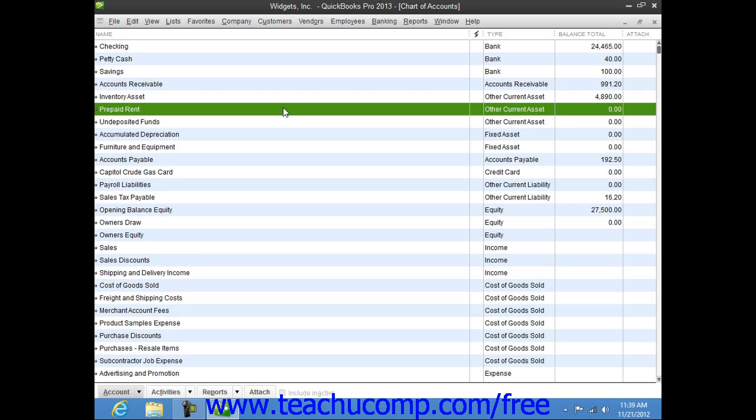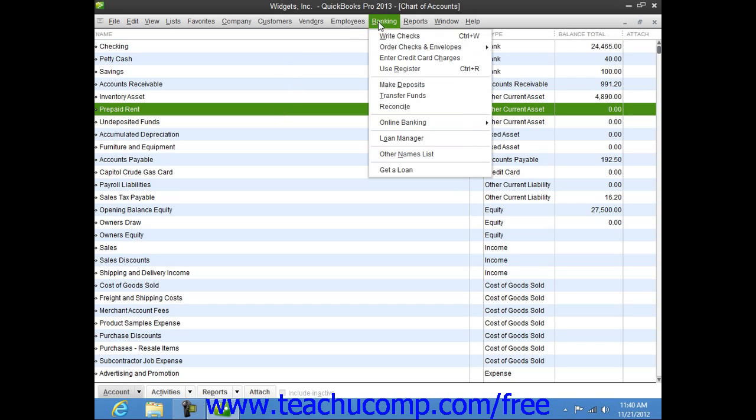So you would not want to simply write a check for the next 6 months' worth of rent and then attribute the entire amount to the rent expense account for the month in which you wrote the check, as that will not accurately reflect when the rent expense is actually incurred. Instead, you can use the other current asset account of prepaid rent to help you show the rent expense as it is actually incurred. To do this, you simply open the Write Checks window when the first payment is due